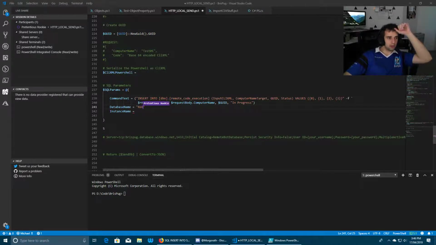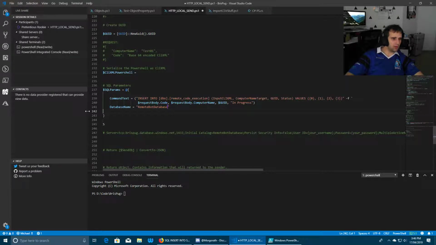Yeah, you can just hard code that. Yeah, one word. Remote bot database. I don't think it's case sensitive. I like my capitals there. Yeah, but I don't think it's case sensitive. We actually don't have an instance, so we don't need to worry about that.